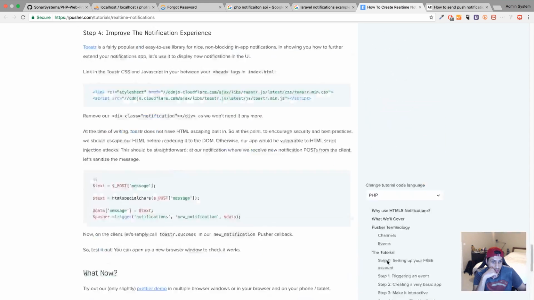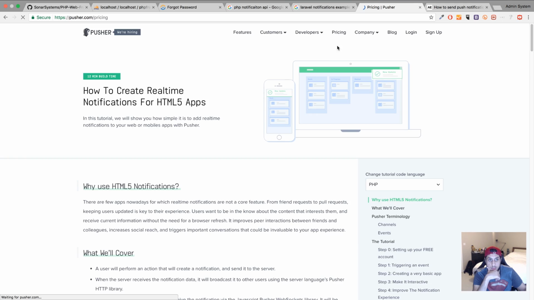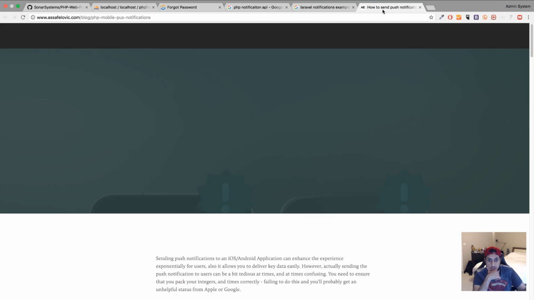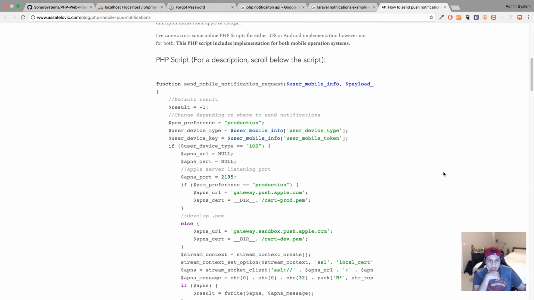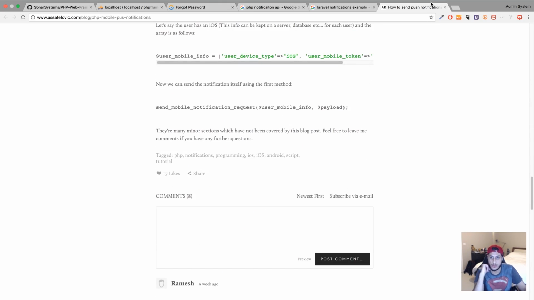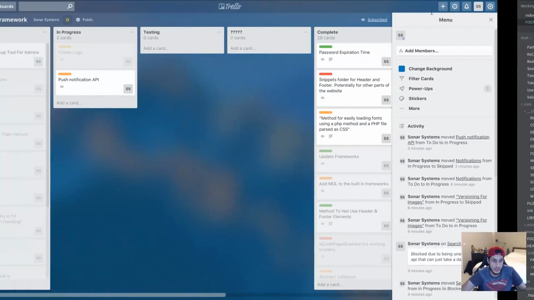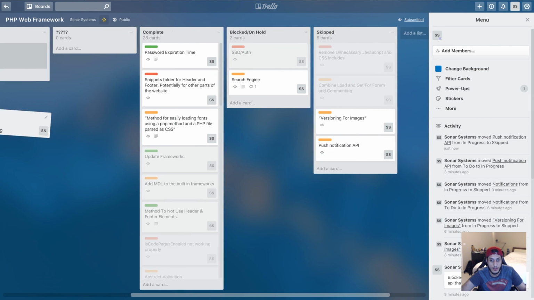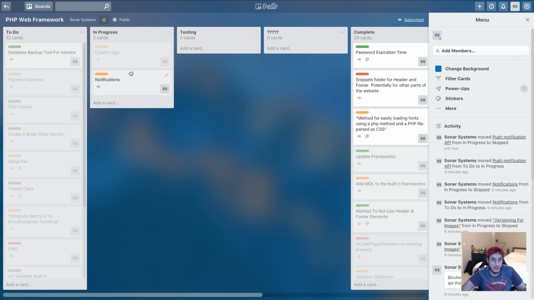Trigger a notification. Then this is pricing based, so I don't particularly want to be implementing something like that. I can get some sort of open source code, or something like this probably won't be able to do it via just a free API. So what I'm going to do is put this as skipped, but for the notification, I'll start this